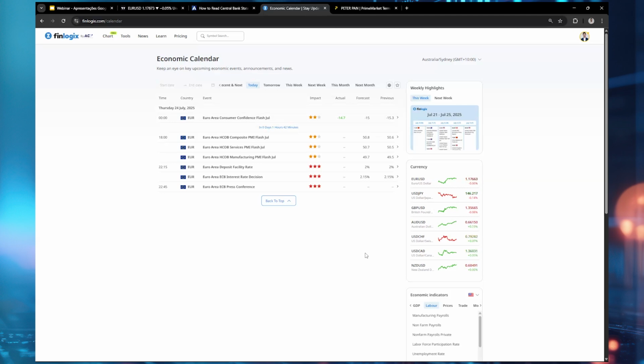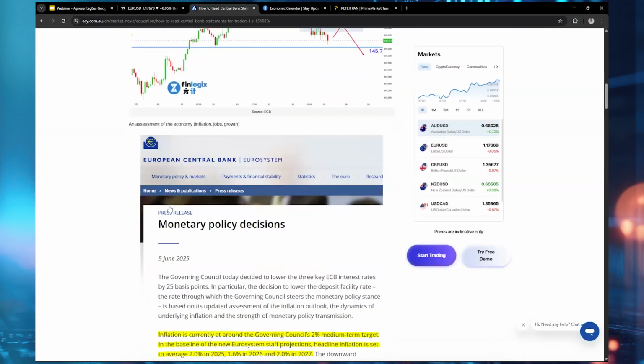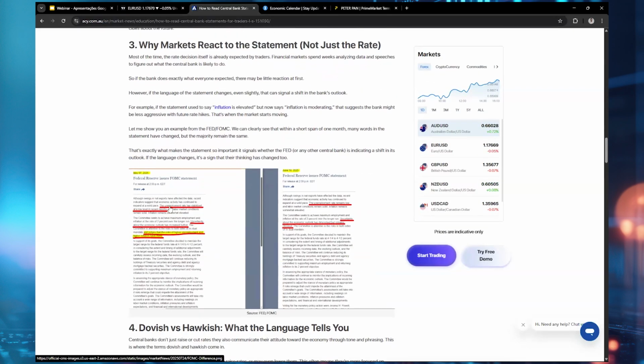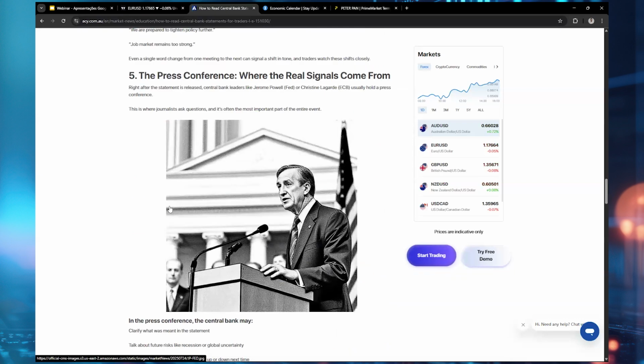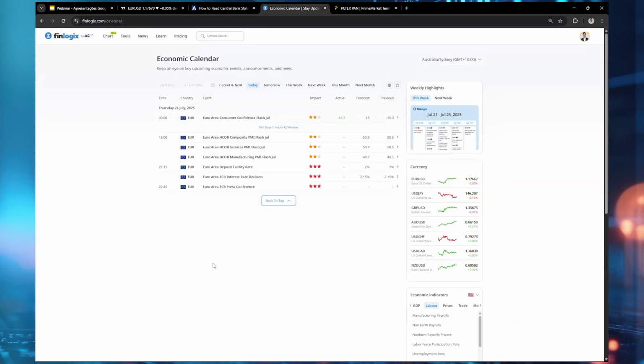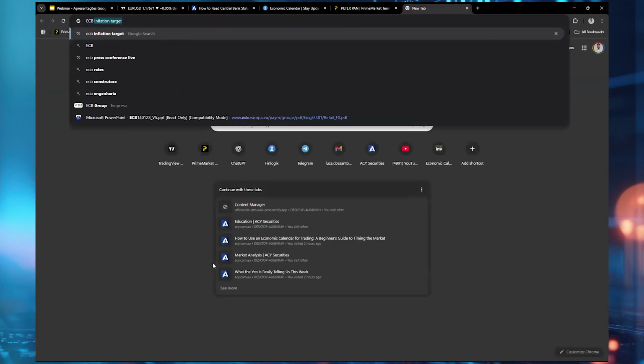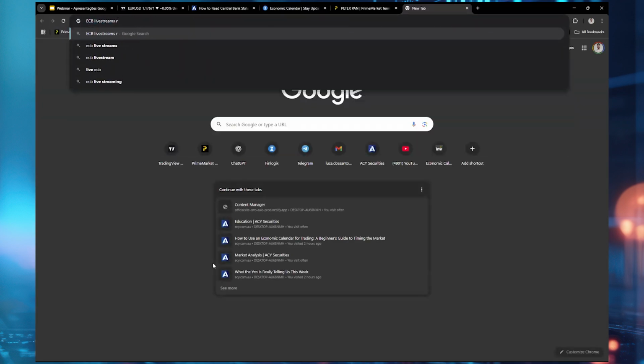After 30 minutes, we're going to get the ECB press conference, and that's where, as I've mentioned, is the most important part of the whole release. The press conference. That's where the real data, the real signal will come from, and it will be really important that everyone listens to what Christine Lagarde has to say. One thing is, this is public. Okay, everyone can watch on YouTube. So if you go into YouTube, or even if you type on Google something like ECB live stream rate decision,